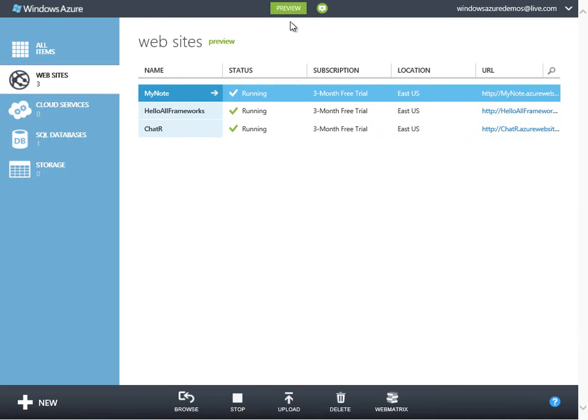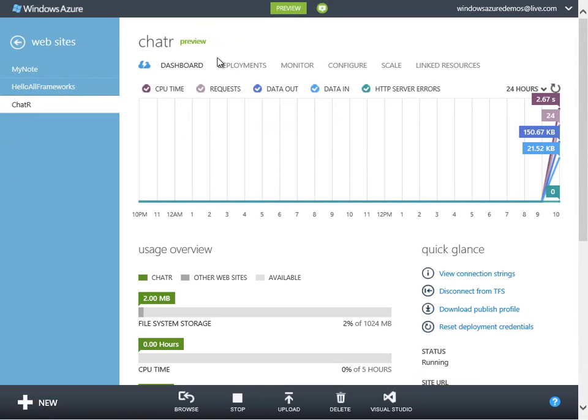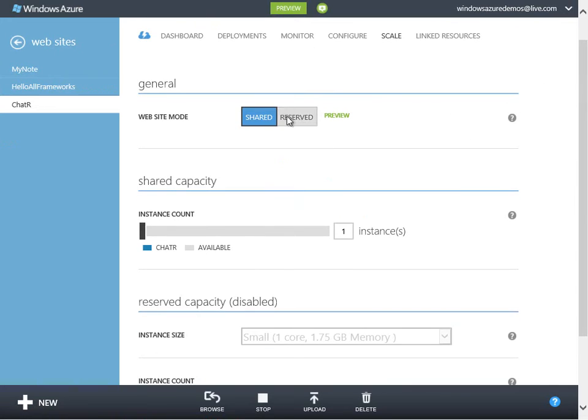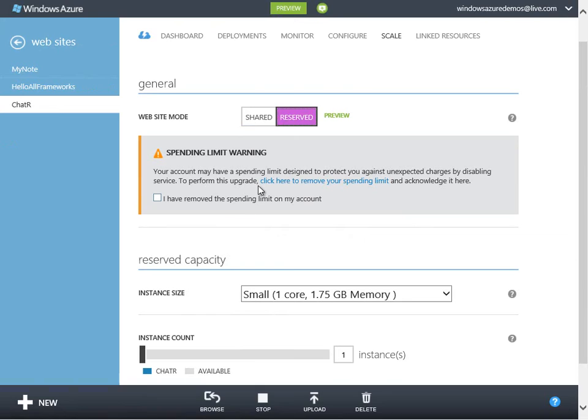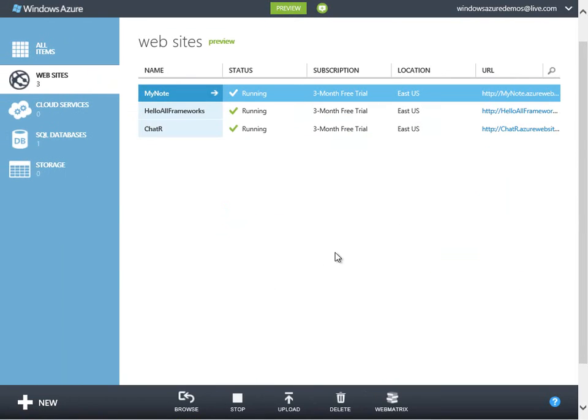But if you're not, you can go over to one of your sites and go to your scale tab, and then you would scroll down in your scale. You would click on reserved, and it's going to tell you that you're no longer going to be in your spending limit, which is free, because we have a free account right now. So I'm not going to do that at this time, but just to show you what that would look like,